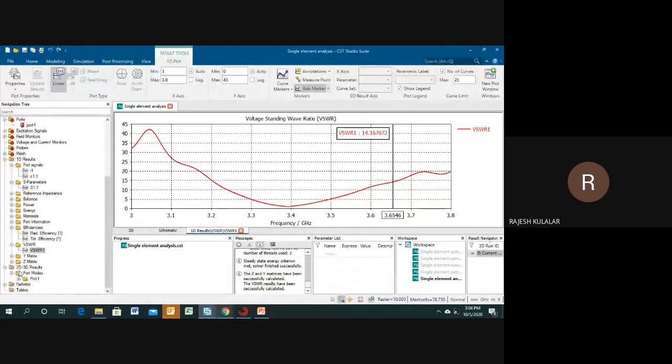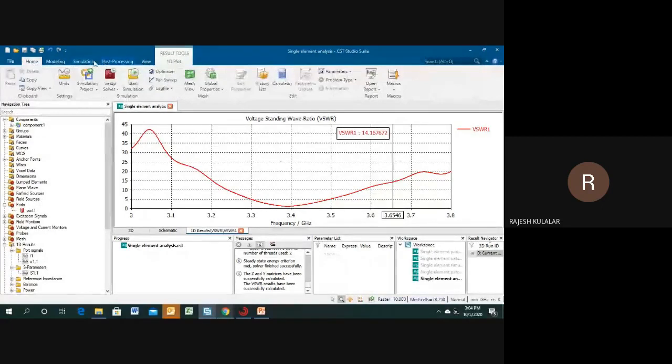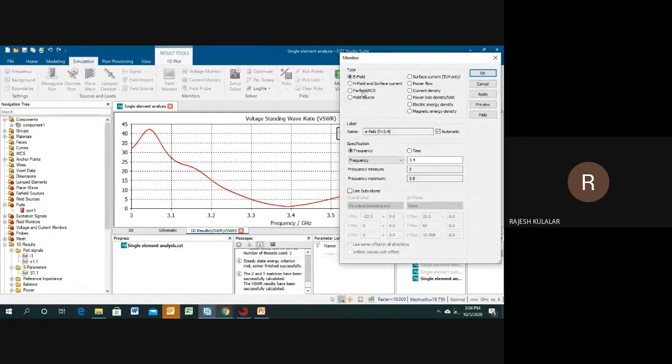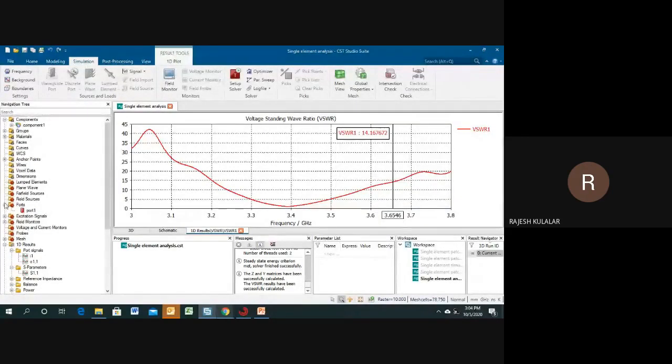After that, you need to check your 2D parameters. I didn't define them, but if you want to define some 2D parameters, you can go to the simulation and field monitor. Here you can define your field monitor, E field, H field, far field, and frequency range. You can define them from field monitors, or select from the template. You can define E field, H field, power, surface current, all of these parameters here.